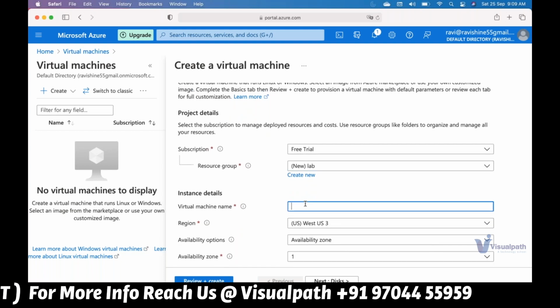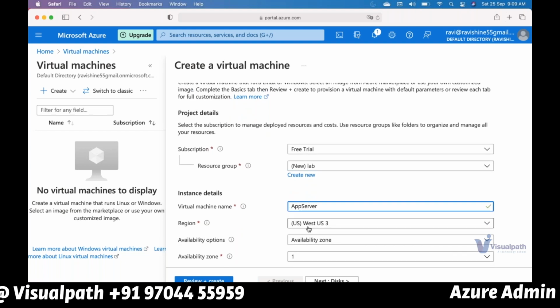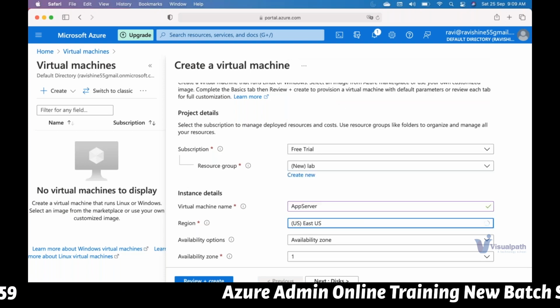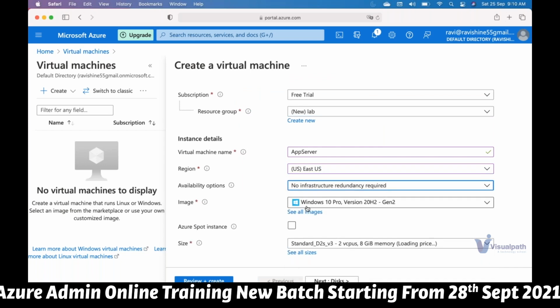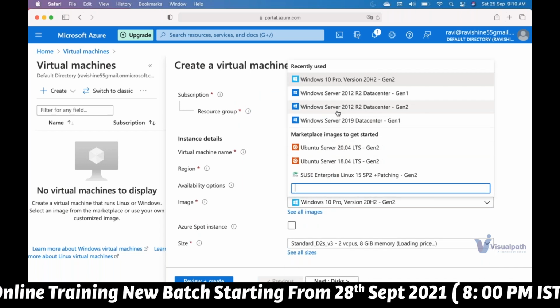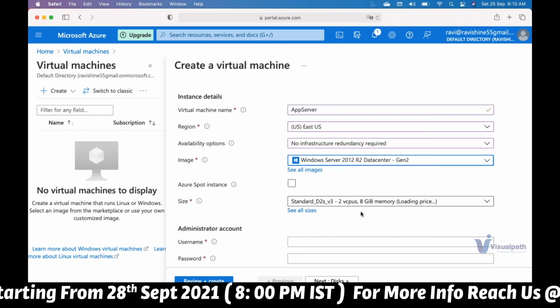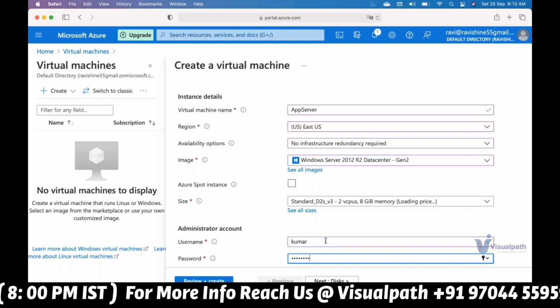So for now, I'll just deploy this machine as an app server with a name, and you can select which physical region you want. Let me select East US region. Here I'll select Windows Server 2012 R2 with some amount of CPU and some amount of RAM. This is the local credential to log into the server.